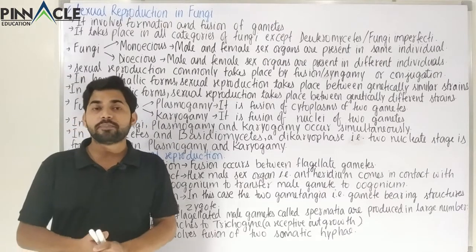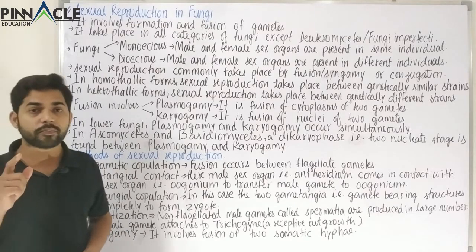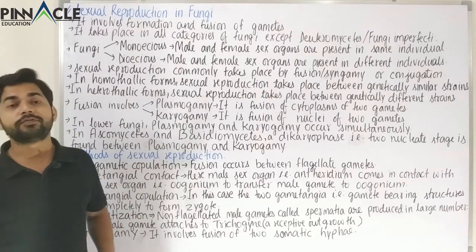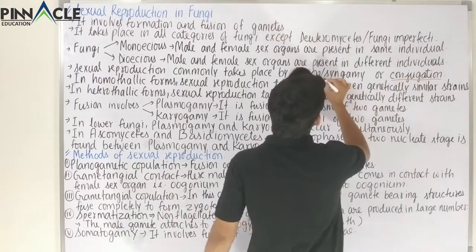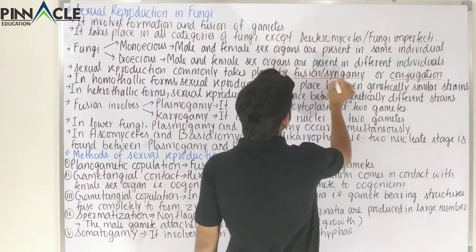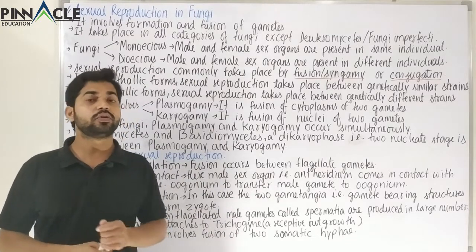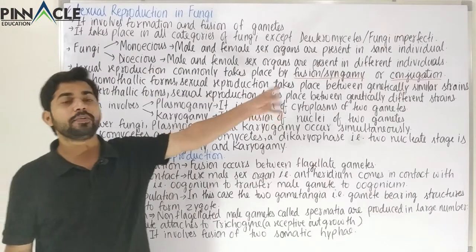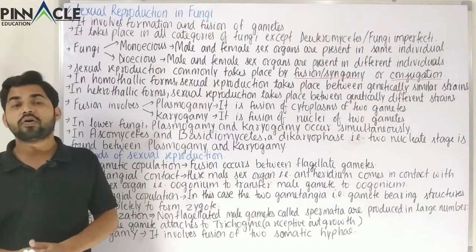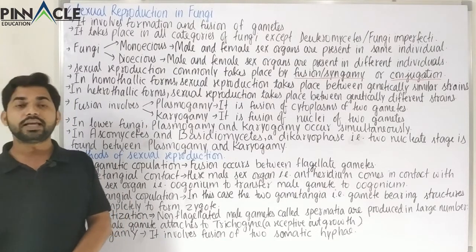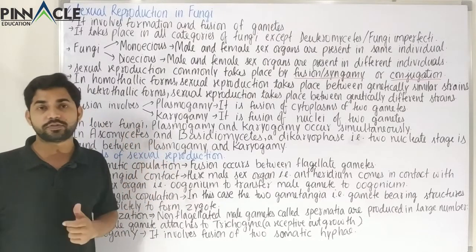So we have studied about two types of sexual reproduction, for example, syngamy and conjugation in the case of Protista. So here also we find two very common types of sexual reproduction, and that is conjugation and also syngamy, which is also commonly called fusion. We have already studied conjugation in paramecium and various other organisms, so we won't be repeating that here, but we know what syngamy is. Syngamy is fusion of gametes, which is also normally called fertilization. So these are two common methods of sexual reproduction.